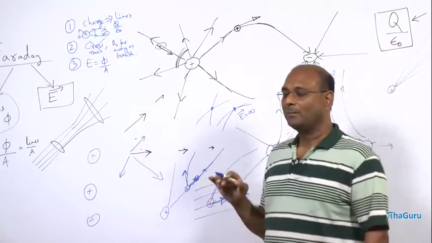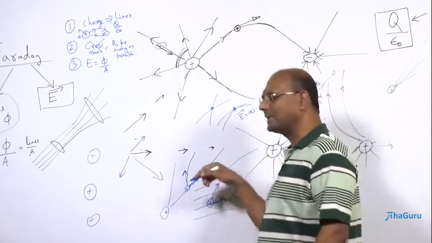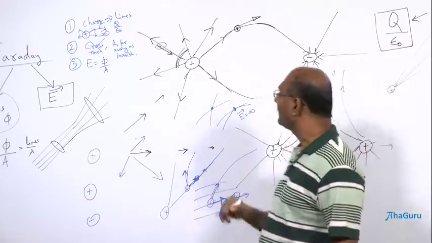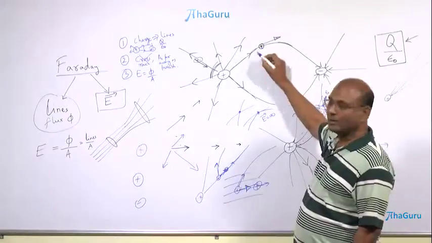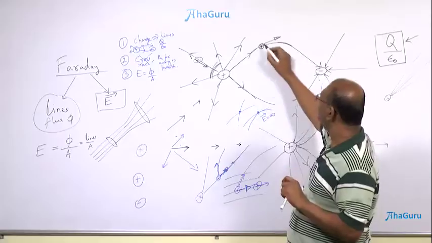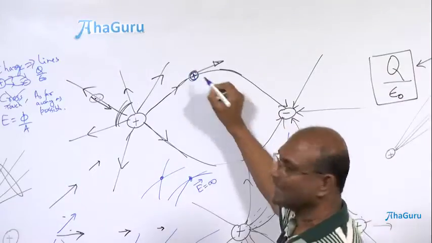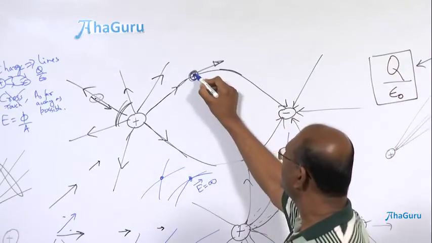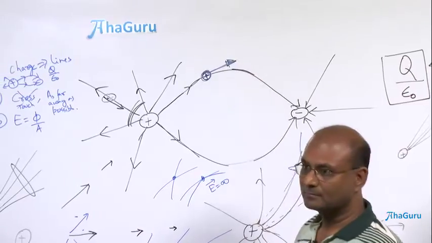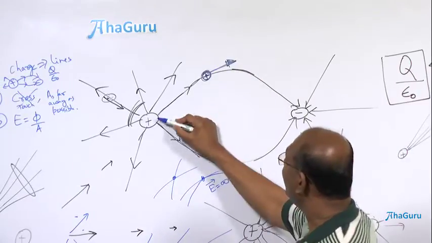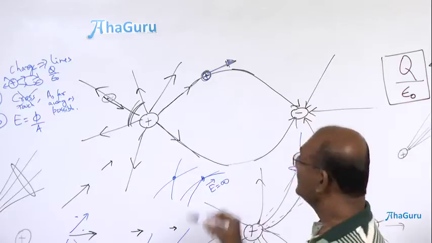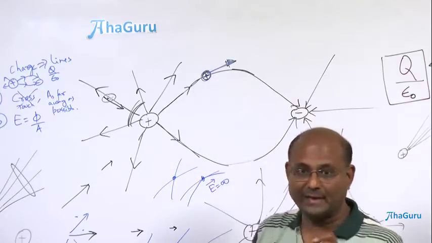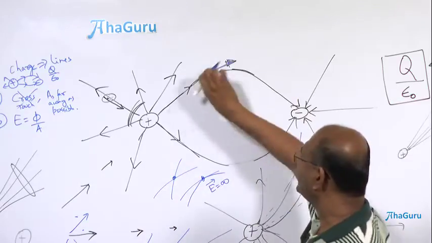Really, no. But you may think, wait, if it was at rest, it might move along a field line. Not really. So now let us take a point charge and place it here. If I place the charge here, you know that this must be the direction of force, right? But this is a line that is bent like this now. So because the direction of force is that way and there is no velocity, it has an acceleration like this,